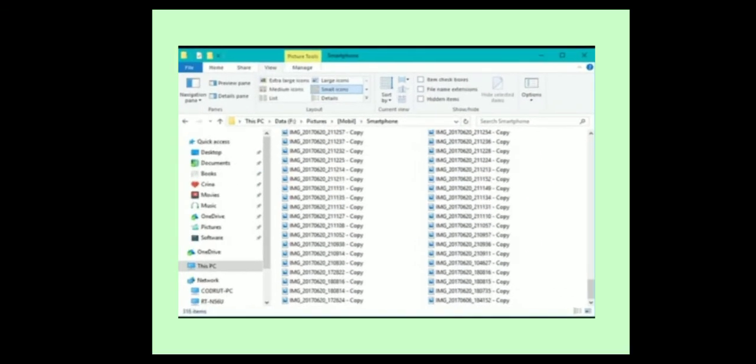Here you see the figure. When you select the small icon view, all your files and folders are shown this way. It is an easy way to find out how many files and folders are in your given folder and retrieve them according to your need.